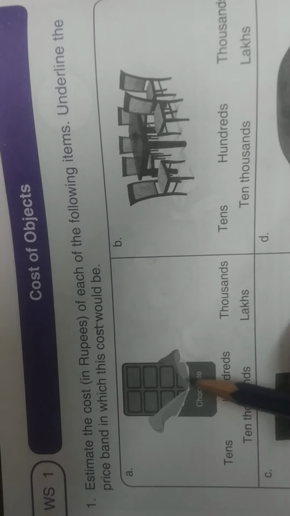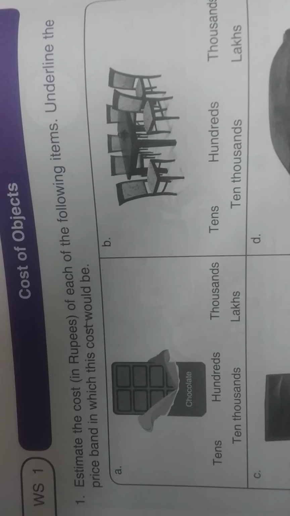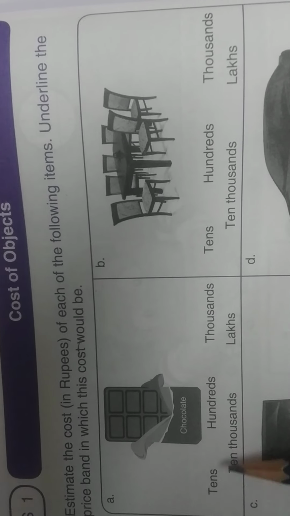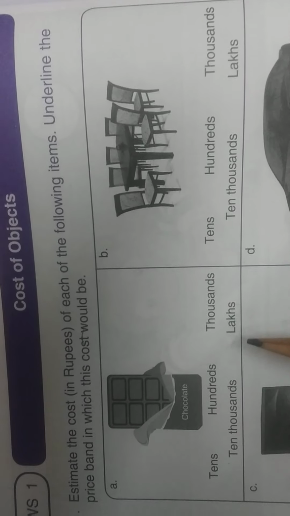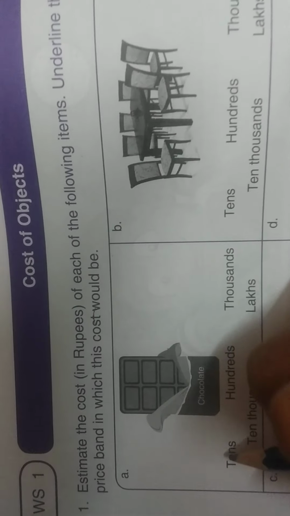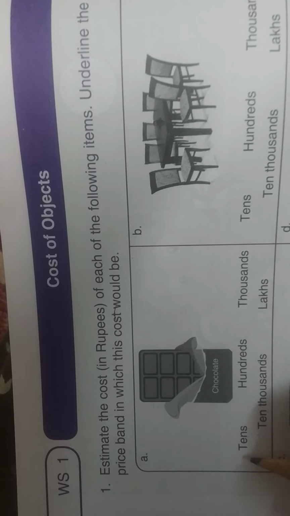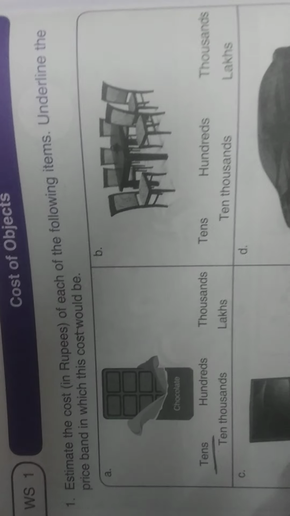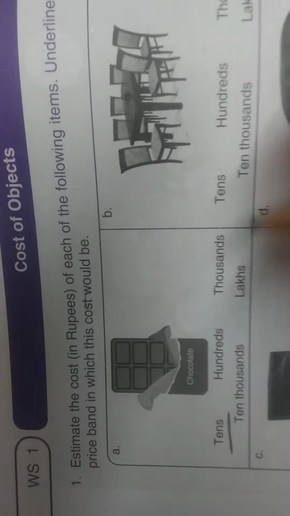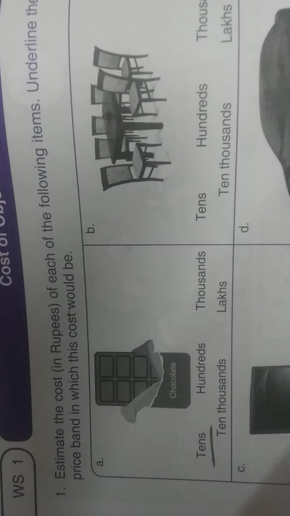Okay, so this one is a chocolate. Chocolates, in what will we count them? In the tens, 100, 1000, 10,000 or lakhs? So we'll count chocolates in tens. So what we have to do is underline this one. Tens is the correct answer. Okay, we can underline, or we can also make a box. Now the second one is